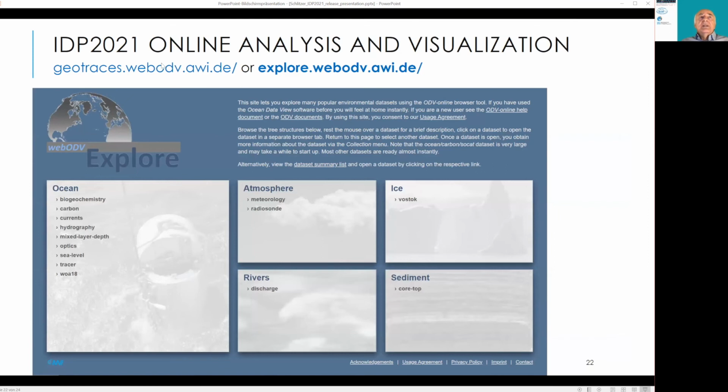The third way of accessing IDP data, online analysis and visualization. You actually download nothing and you don't install any software. This service we make available under 2 addresses. This is the address where you also did the subsetting and extraction. But the IDP data are also included in this relatively new Explore website under this address,